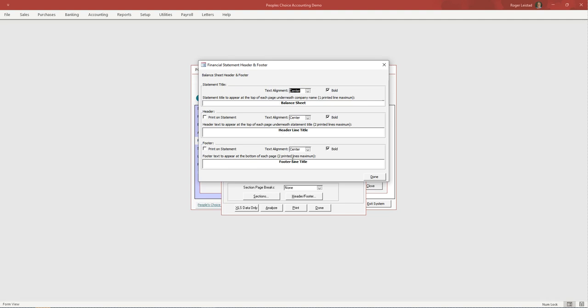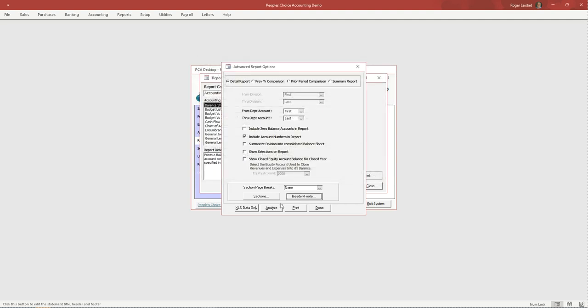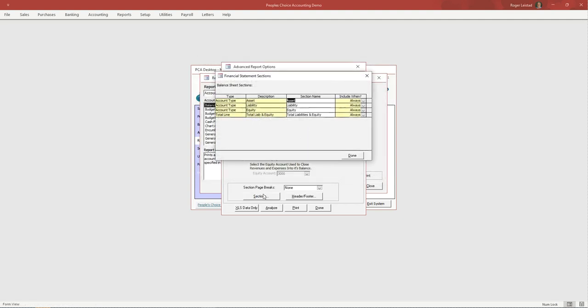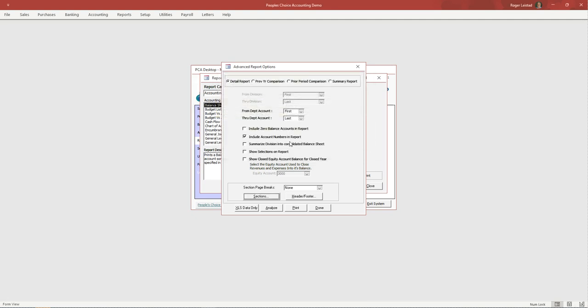So you can change the footer and the header, the name of the report, a header title, and a footer title. So that's one option. In terms of the sections, if you want to relabel something, instead of calling it asset, you could type in something here. I'll be doing another video where I'm setting it up where we basically use a cash basis during the course of the year, but they generate a balance sheet at the end of the year, and use that section